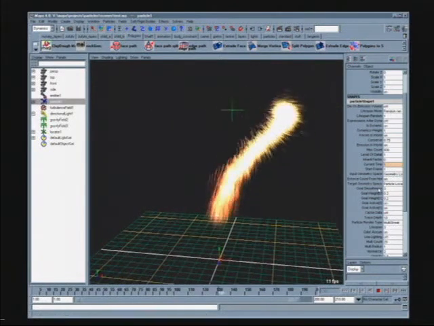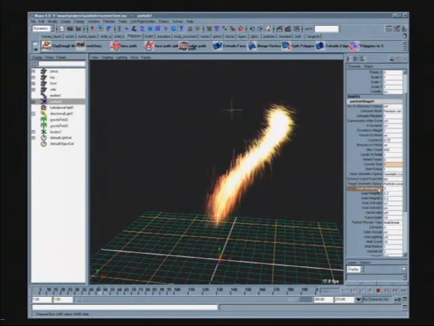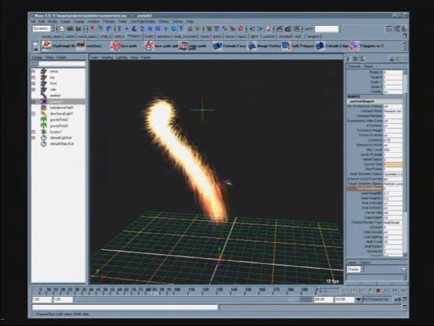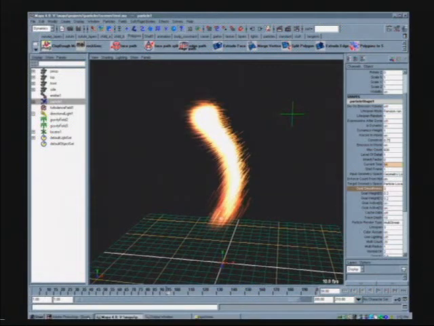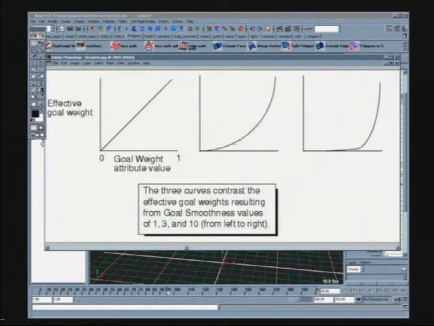Then we have this attribute called goal smoothness. Goal smoothness determines how the goal weight value influences the attraction of the particles to the goal. The easiest way to understand it is really to just look at this image, which basically is showing you how goal weight versus goal smoothness create a relation. By default, the goal smoothness has a value of 3. And so that's what we're looking at in this middle curve right here. So that as the goal weight goes from 0 to a value of 1, you get this smooth curve that determines it. When you put the goal smoothness to a value of 1, you get this curve on the left,